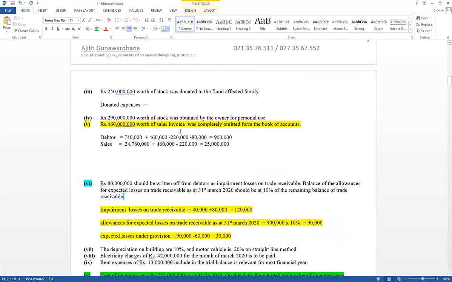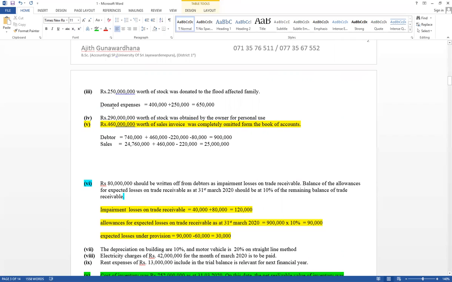And the additional information also gives donation. Therefore, the total value should be included under the income statement. Therefore, total donation equals 650,000. That is the value that should be included under expense. But this value should also be deducted under the cost of sales calculation. There are 2 marks available. And the expense should include the total value,